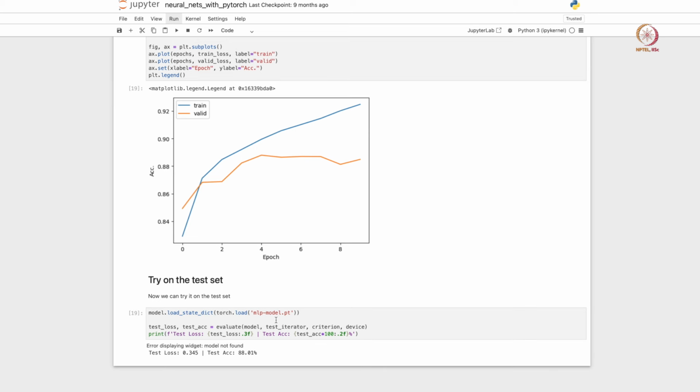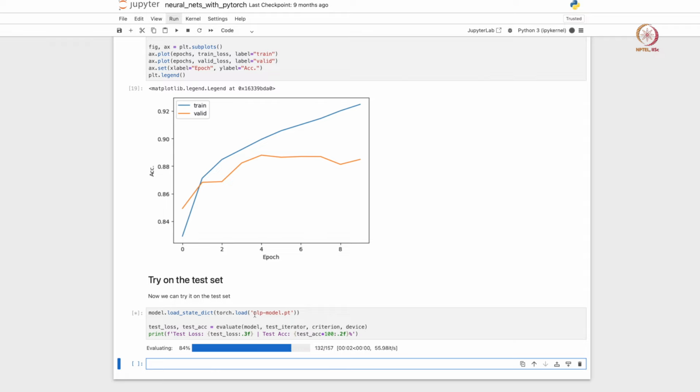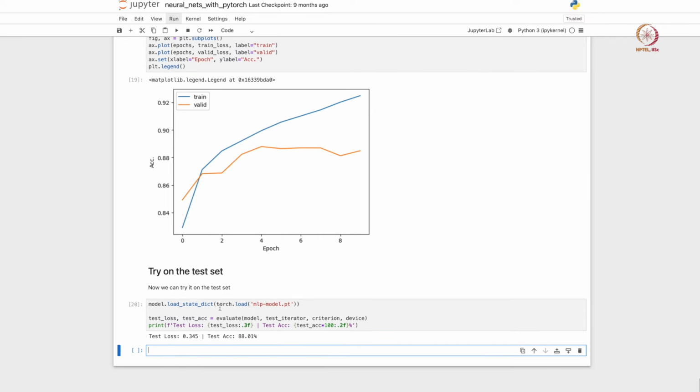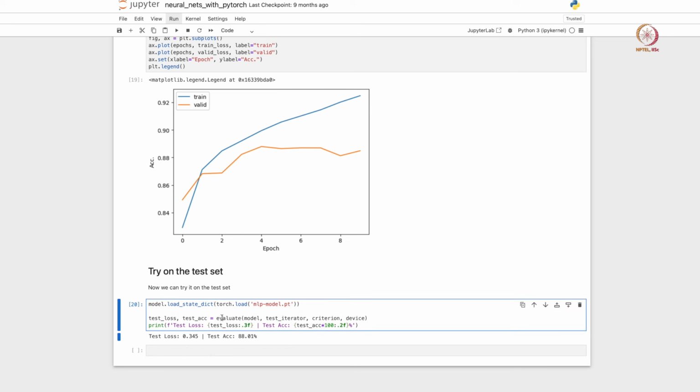We can also test the model on the test set itself. Recollect that we have stored the model in a file called mlpmodel.pt. So we simply load that model. Just like in Keras you had a load model, you have a load state dictionary function here. You load the model and then you simply do an evaluation. You call the same evaluation function here and just pass in the test data iterator instead of the validation data iterator. And we can also print out the test loss as well as the test accuracy,